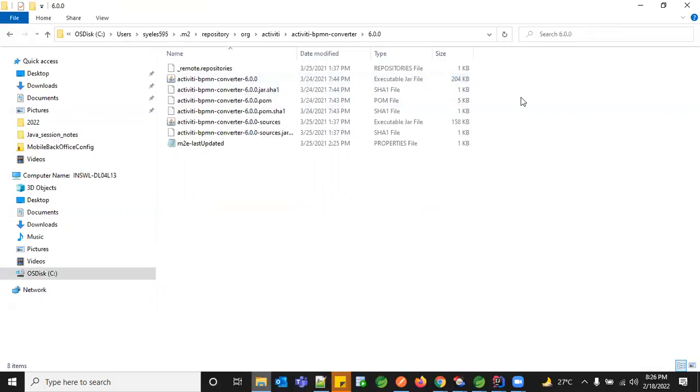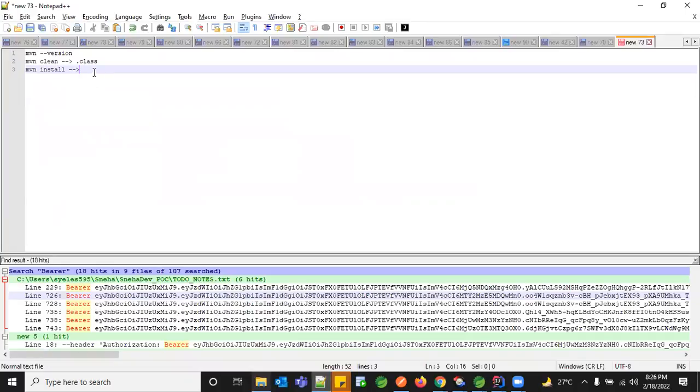Sometimes whenever you download, the jar file would not be downloaded, either because of low internet connectivity issues, or because the package may not be available in the particular repository. If you have your own organization repositories, it might not be uploaded, or proxy issues, whatever it might be, your jar would not be available. In that case, the entire structure would be created in your local. Since there was no jar, your entire system will be corrupted and you can't execute your programs which depend on this particular jar. So for that purpose, we always ensure that we are cleaning and installing it every time, so that you have a fresh set of dependencies.